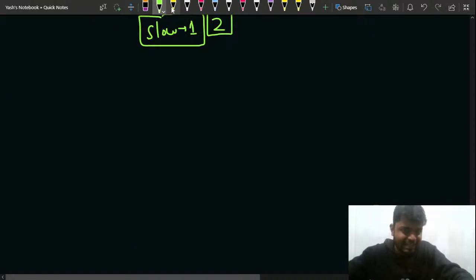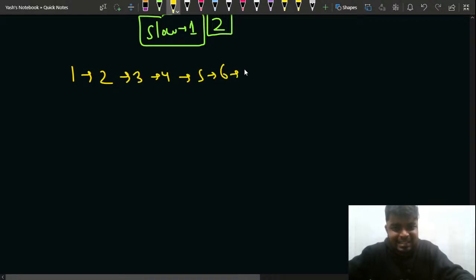Let's take a bigger sample test case for example. So let's say I have 1 connected to 2, 2 connected to 3, 3 connected to 4, 4 connected to 5, 5 to 6, and 6 to 7, and then let's say 7 is connected to 3, something like this. Okay, so for this particular